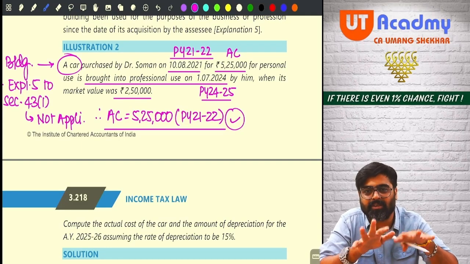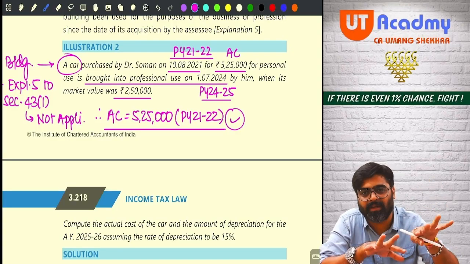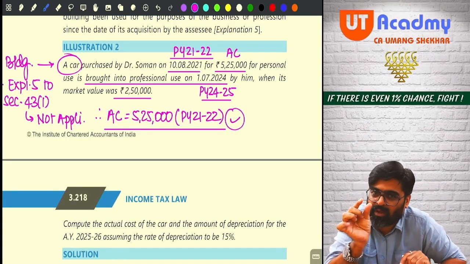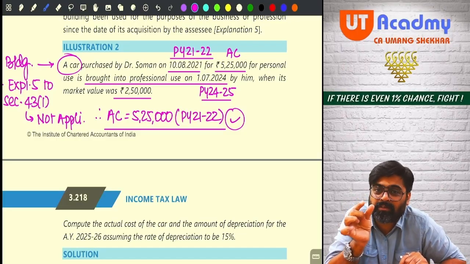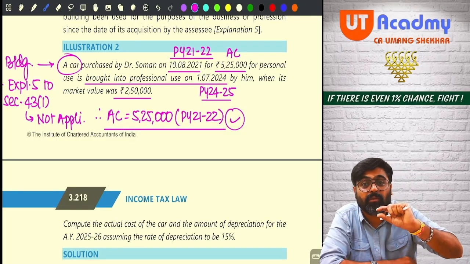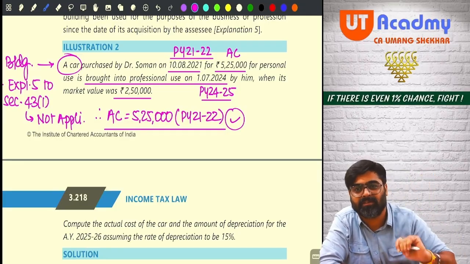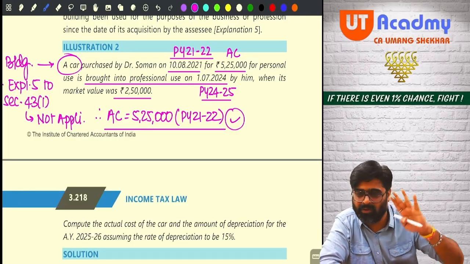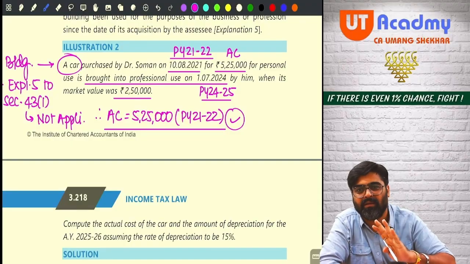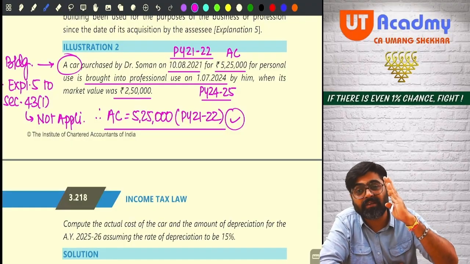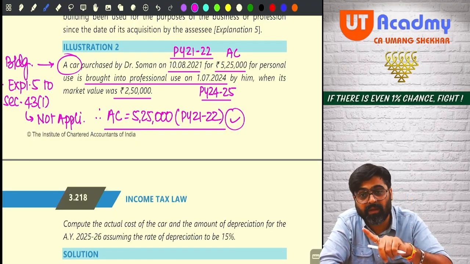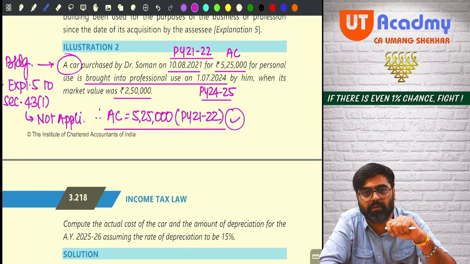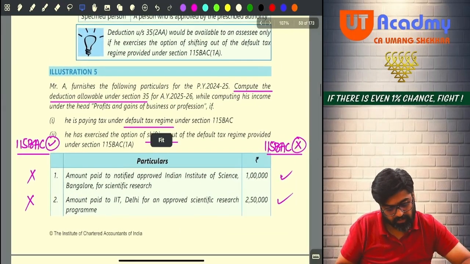Got it? Whatever the teachers say is coming in the exam, you will write and pass. Then you will pass with only this much knowledge. Knowledge base will be very less. And just imagine if some twist they are giving in the questions and you don't have this kind of mindset. You will come out of the exam yelling, oh my God, the paper was very difficult. Papers are never difficult, I'm telling you. It's the way how you approach the subject that makes it difficult or easy for you. Getting my point? So now let's come to illustration number 5.